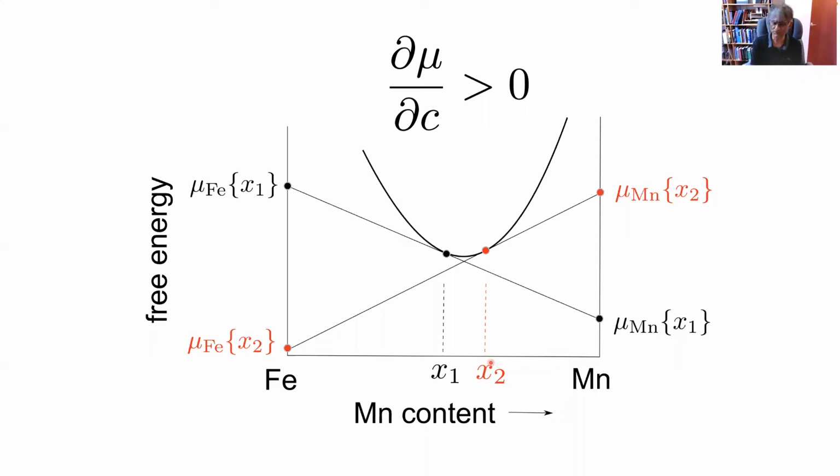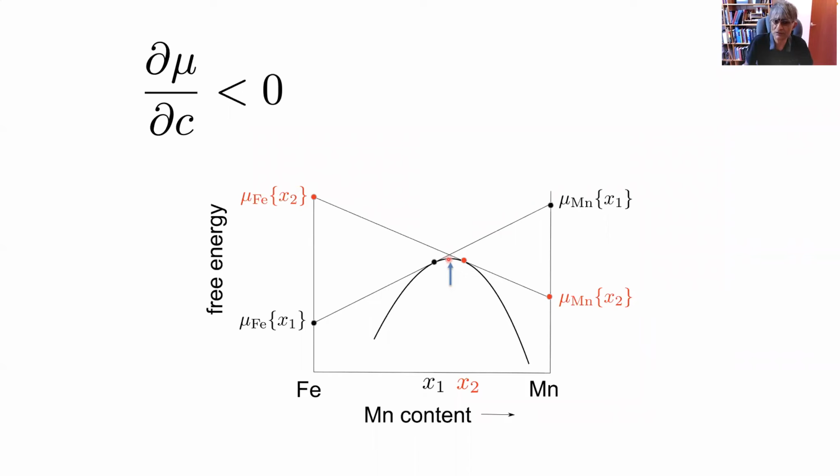And this is a little bit bizarre. It means that d mu by dc is less than 0. And it means that if I take a solution between these 2 points, if I take a solution of that composition, it will tend to separate out into a solute-rich and a solute-poor region, spontaneously separate out. In other words, there's a driving force for separation. And this kind of a solution we associate with atoms that like to be next to their own kind. All right, so the manganese atoms prefer to be